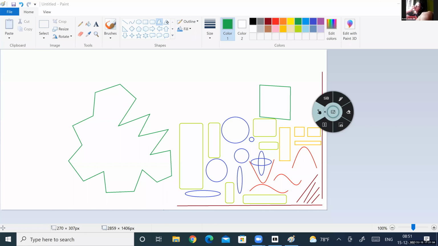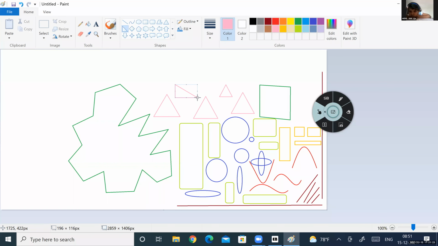Okay. The next is this shape. Triangle. This is a triangle, and this is called a right angle triangle.